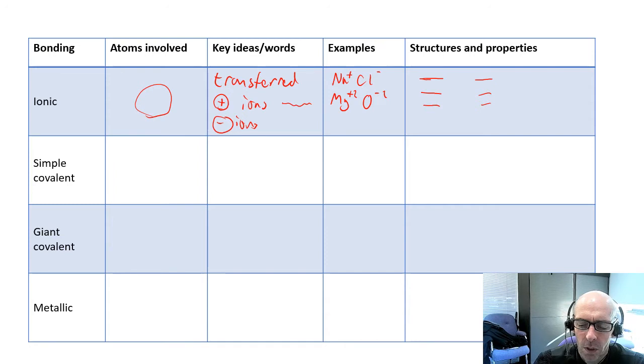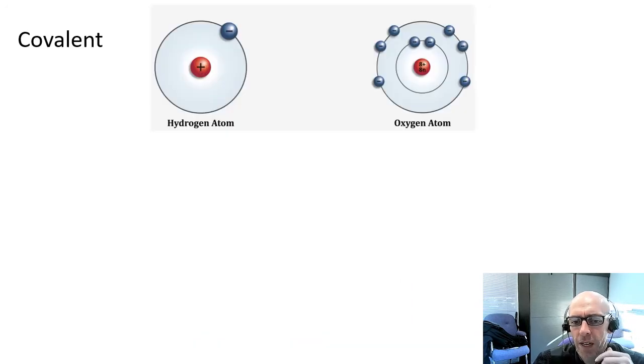After this, so stop and do that first, please, and then move on. After that, we moved on to covalent. And here we had an atom that wanted 1, and here's an atom that wanted 2. And they were both non-metals. So I'm just going to write non-metals. They're both non-metals. And then we had the idea that,